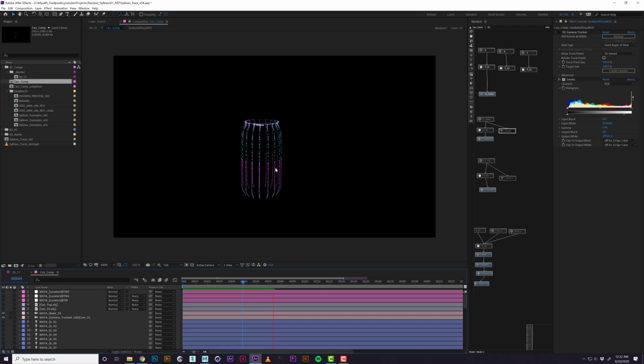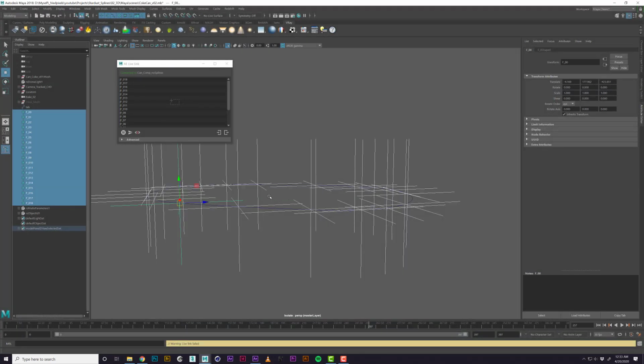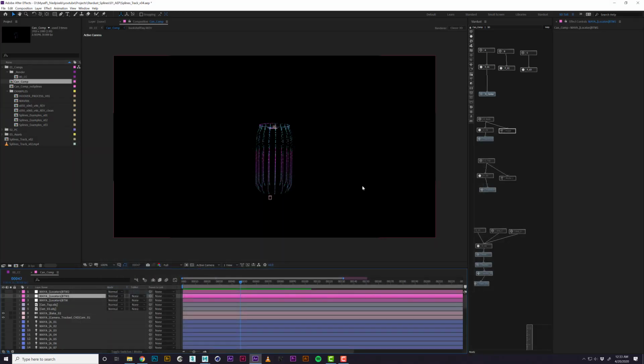So it's something that, again, is really simple, but controllable and predictable, and you can do it so fast. I mean, you saw how quickly I brought in that data from Maya. If anything were to change in the scene, let's say this was an actual shot and there was another camera change, you could just drag your camera into here, bring it over into After Effects, and then you're back. You don't have to change too much. I mean, this would work with Cinema or whatever 3D program you're in. Bringing in points and information is really simple.